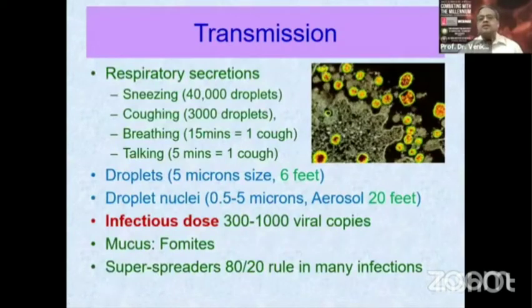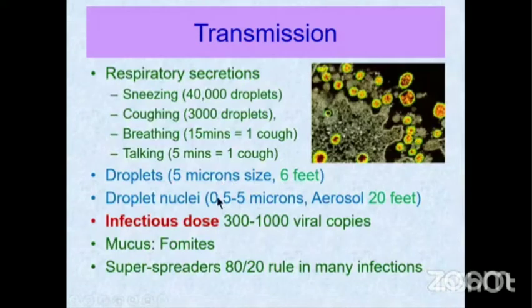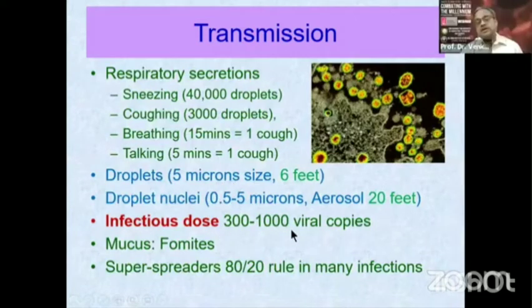We have already covered transmission in detail in a previous talk. I would just like to say something about this infectious dose. You need to have sufficient infectious dose to get the disease, but unfortunately, when the virus is produced from the cell, it's produced in large numbers. So you may have 300 to 1,000 viral copies being produced from a single cell. Secondly, the droplet sizes are about 5 microns in size. A single droplet can contain 300 to 1,000 viral copies. And so even a single droplet can infect.